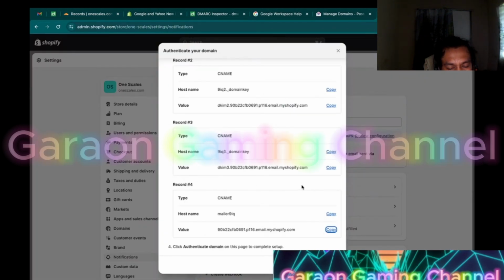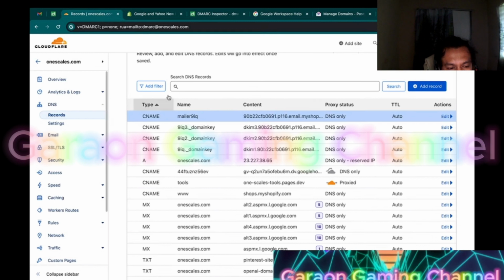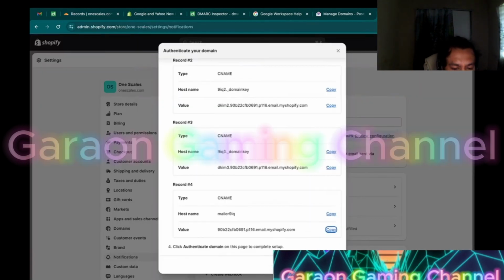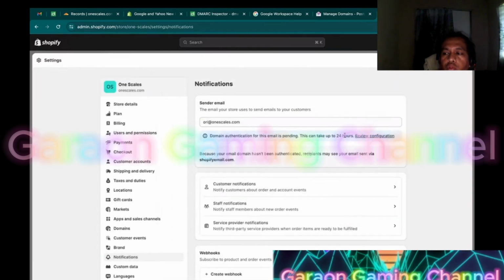Domain. Now, if you've done the changes in your DNS, you might have to wait a few minutes before you click on Authenticate. But once you actually click on Authenticate, I'm going to do it right now, it's going to take up to 24 hours to authenticate, so you got to wait, you got to check back. Usually it's less than 24 hours, a lot less, but in general, we'll check back a little bit later, and I'm going to resume the video. The second thing you need to do is add the DMARC